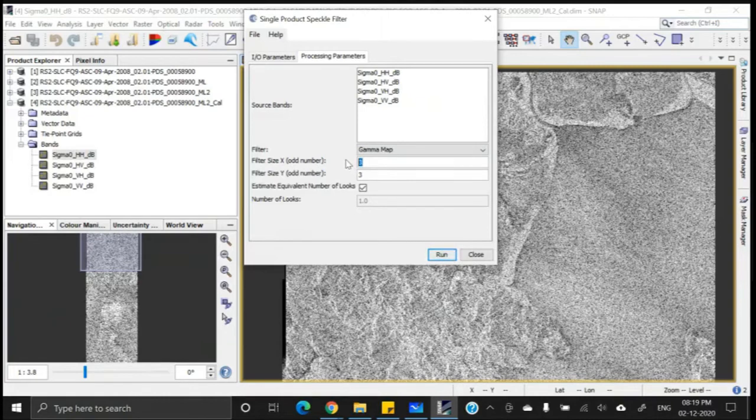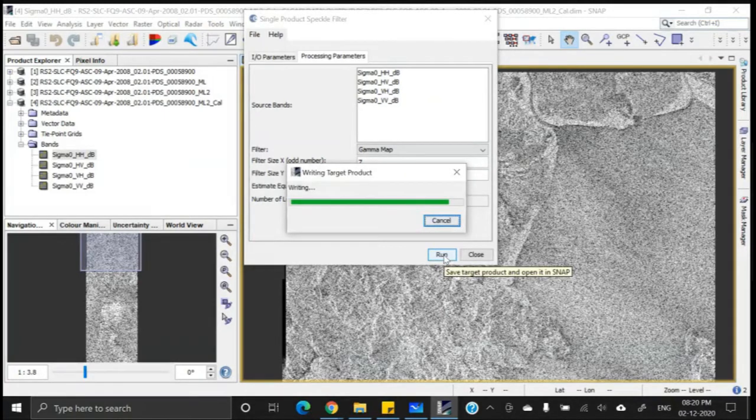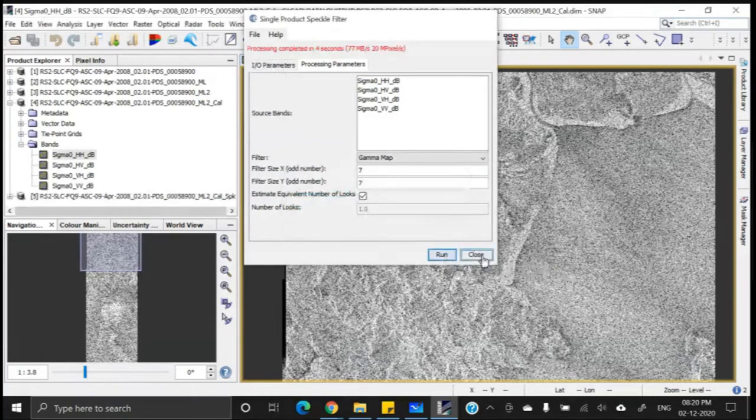So let us consider say 7 by 7. So 7 by 7 neighbors will be considered. I think all of you are aware of spatial filtering, so it does not require discussion. 7 by 7 and click on run. Although the radar images are complex data, the processing techniques are rather very simple.